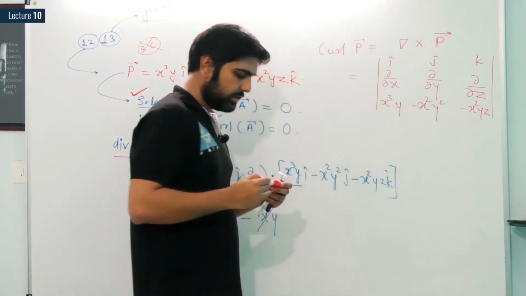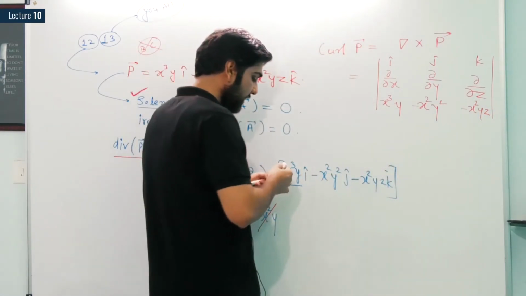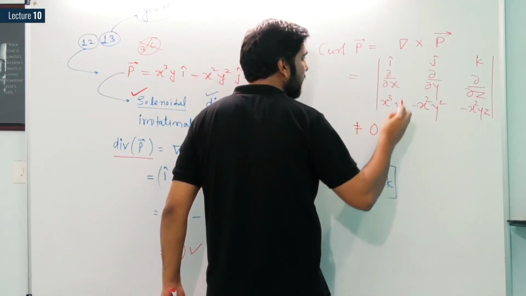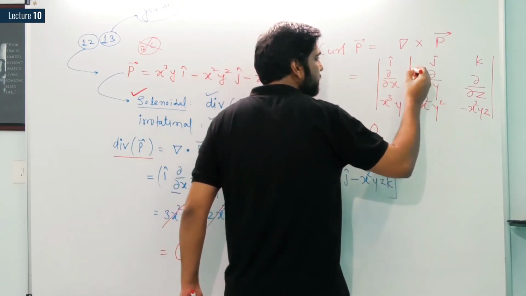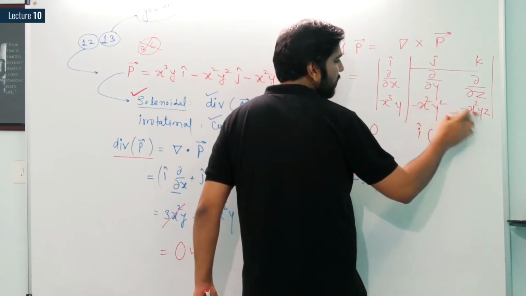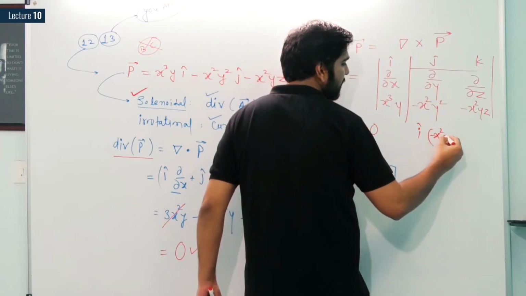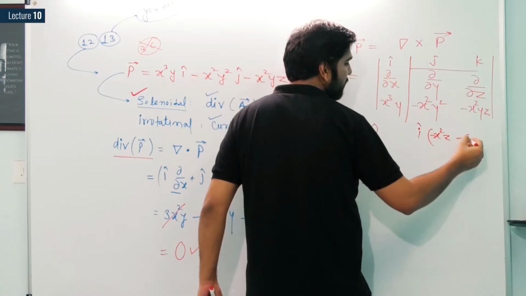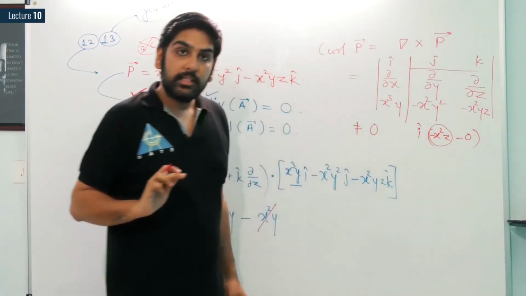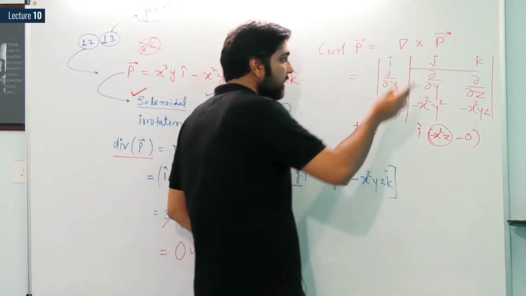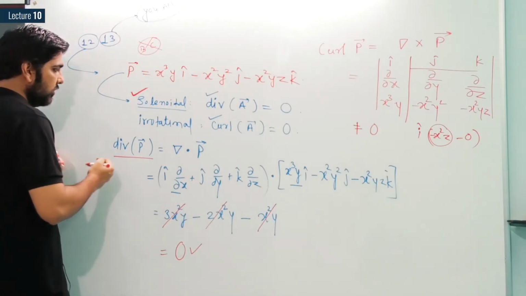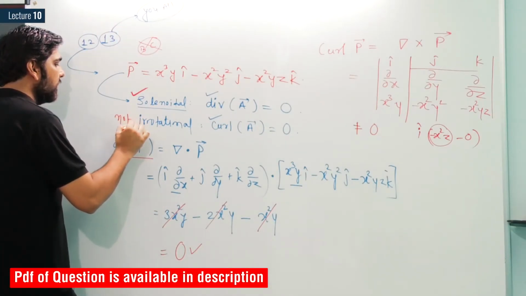So my dear students, if you can see here directly, then there is no chance for it to be 0. So it is not equal to 0. Why? Let us have this only. If you take the coefficient of I, then it is the differentiation of x square z, and also with respect to z I am having 0. So this term cannot be equal to 0. So that is why you can say this curl cannot be equal to 0. So if it cannot be equal to 0, it is not irrotational.